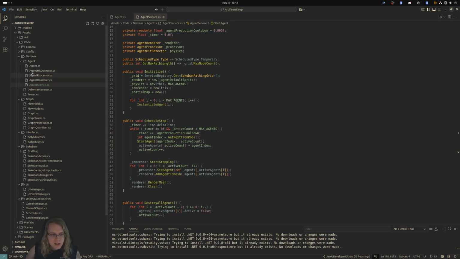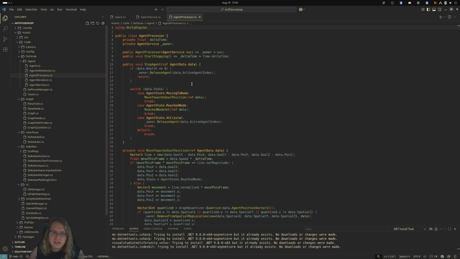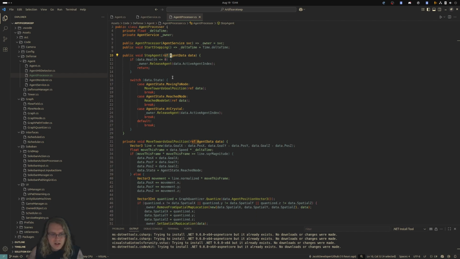But then I had to break out some things, because in the old way, the agents processed themselves. They had their updates and their starts and whatnot. But now I needed to write a processor that does all the updates for them. So you pass it an agent, it steps it. Eventually, I'll get rid of this ref. I think I'll probably end up just having a get and a set. Either way,